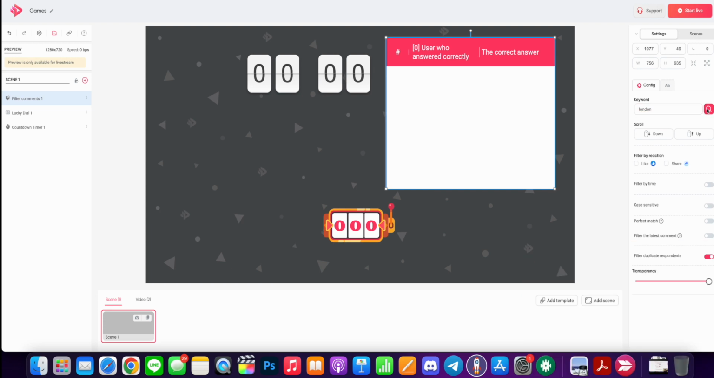I'd search that, and then this would be populated with all the people that said London. Now I can filter that by the time they said it. I can make it case sensitive, if I want to ensure that they use the capital L. I can do a perfect match, so it means they need to have typed in London perfectly with the capital L and no other extra characters. And I can filter by last comment, filter by duplicate respondents, and yeah, so those are the filters of how